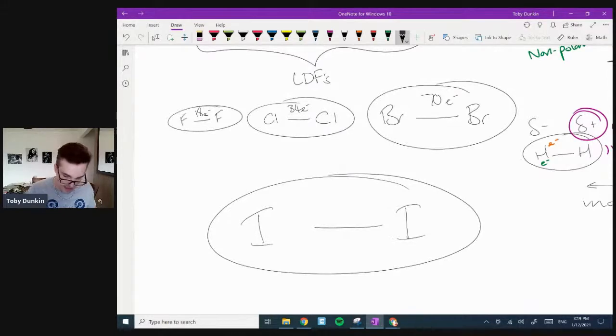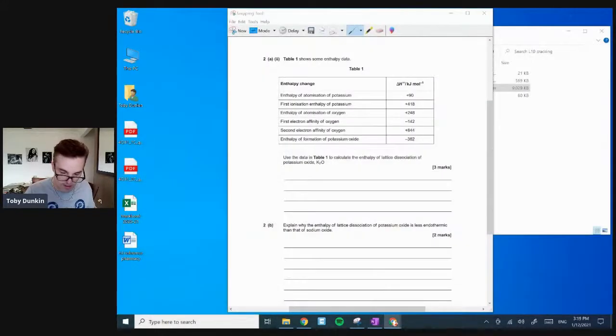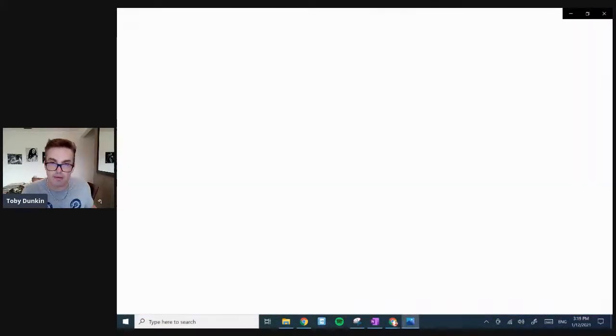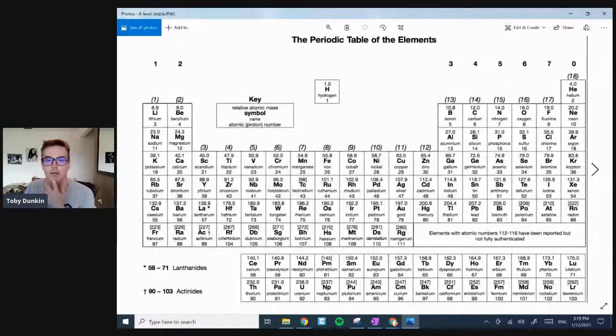Iodine is element, I don't know, 126. No, it can't be that big. God, is iodine epically? Sir, my teacher says that London forces are overall stronger than permanent dipoles because the permanent dipoles have